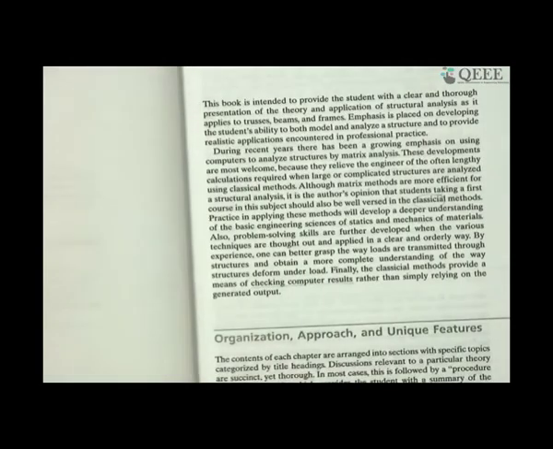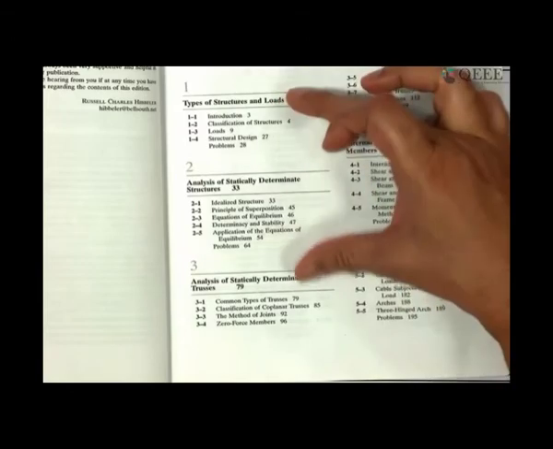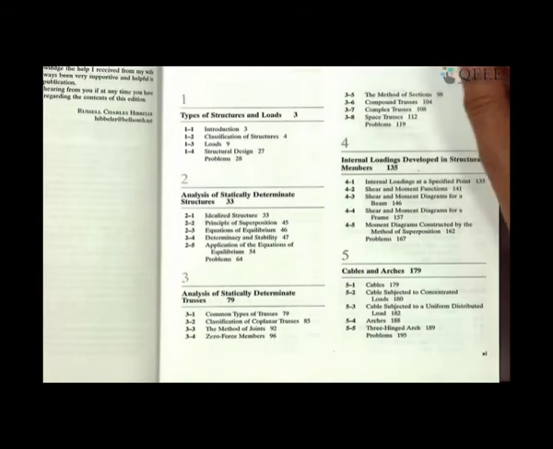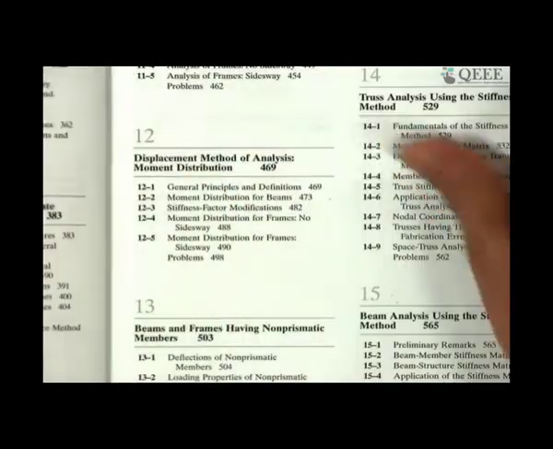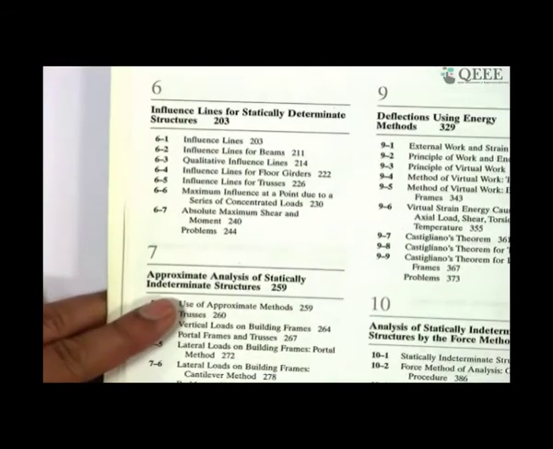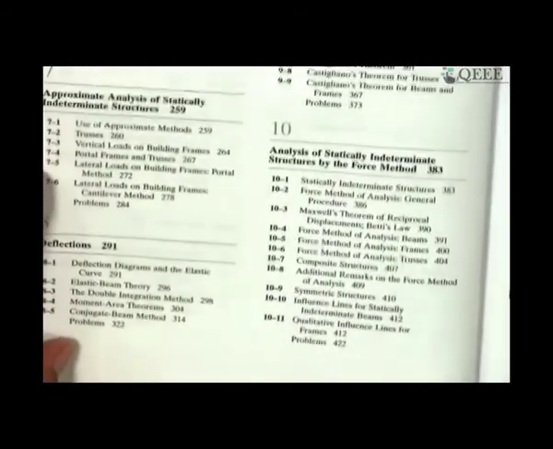Okay, that I will show you by this time one thing. Here you see Professor Hibbeler's book. I am opening it because it is our textbook. All textbooks start like that. It is mainly this type of structures, the indeterminacy, and internal loading, meaning shear force and bending moment. Then the structural entities like cables, arcs, all these things are taught. After that, you can either start the influence line as it is given in this book, as statically determinate,